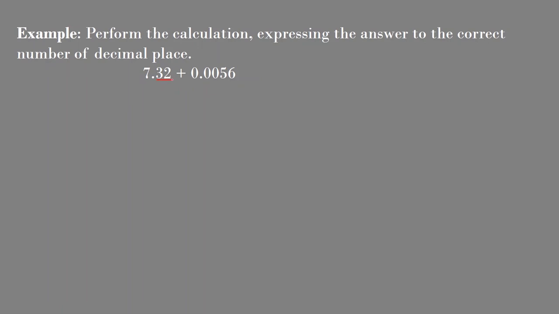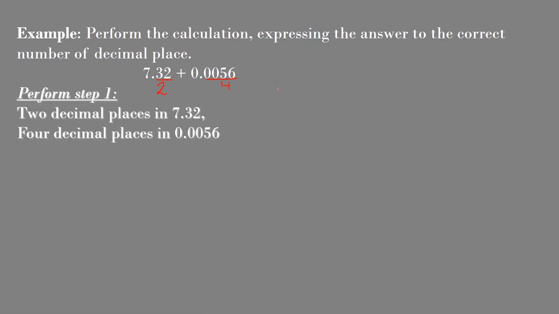In this first measurement we have 2 decimal places, and in this second measurement we have 4 decimal places. So that is my first step, to identify the number of decimal places. The next step is I will just perform my simple arithmetic. I just added these 2 numbers, and my answer on the calculator is